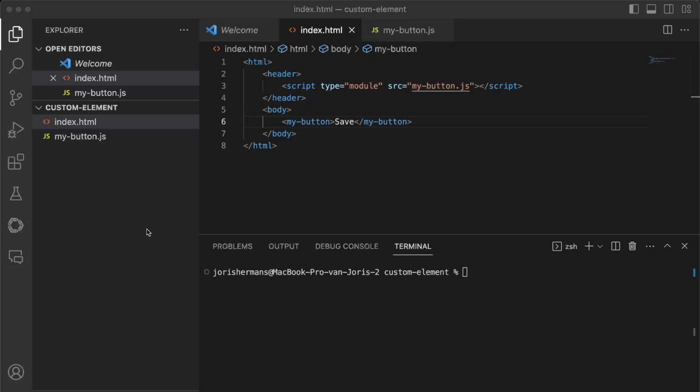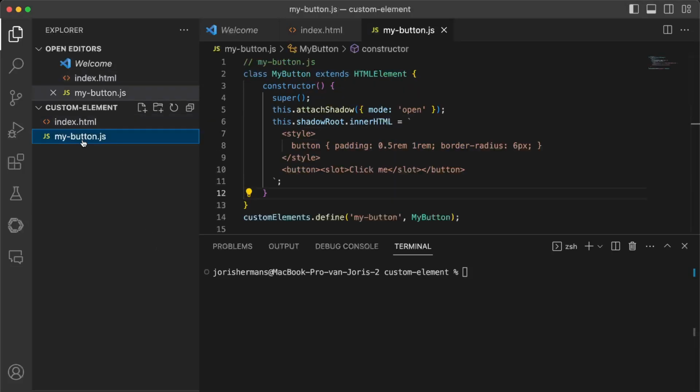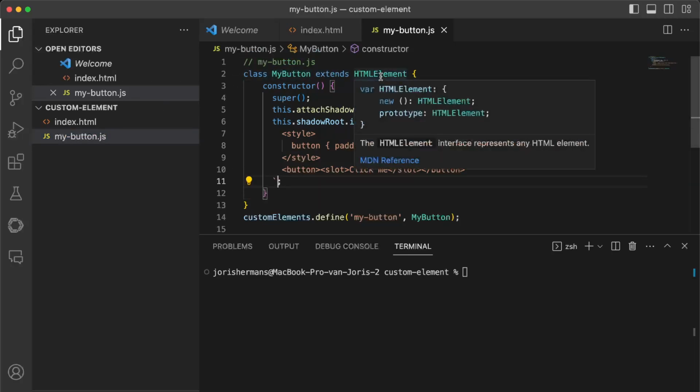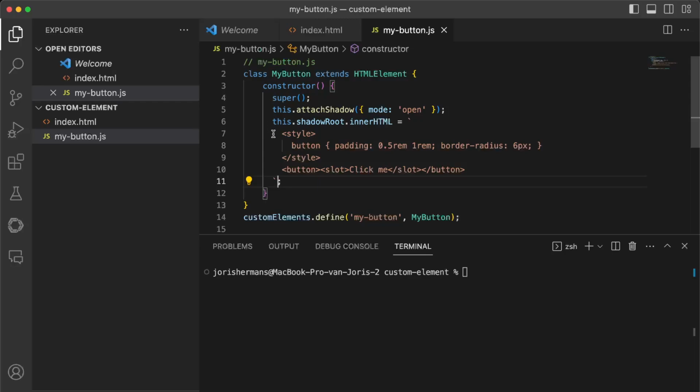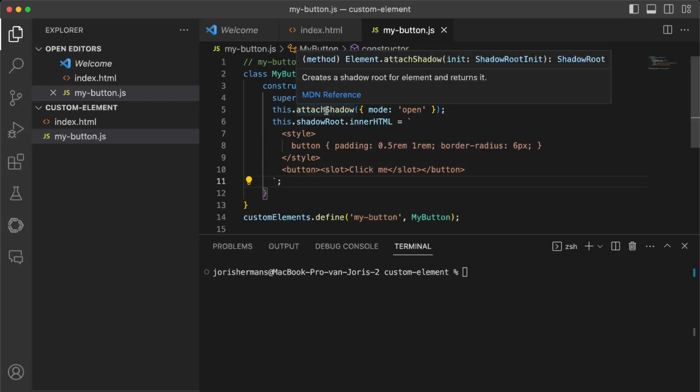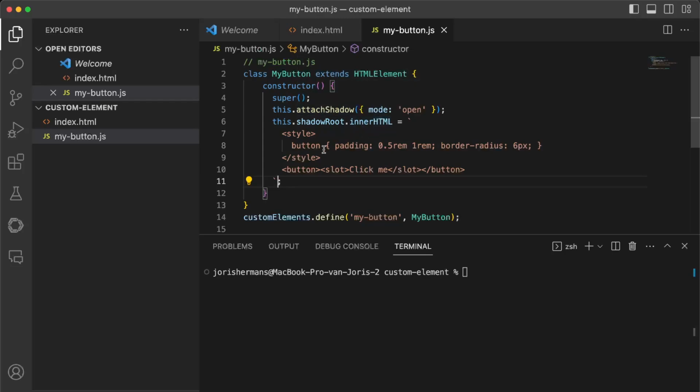So for that I just created a very basic index.html page, and we have a mybutton.js, which here has a class MyButton, extends HTMLElement. It has a constructor. This has an attachShadow, which creates a shadow root for elements and returns it. And then in that shadow root you can put an innerHTML with style and the button, which has a slot, and in that slot we can then provide